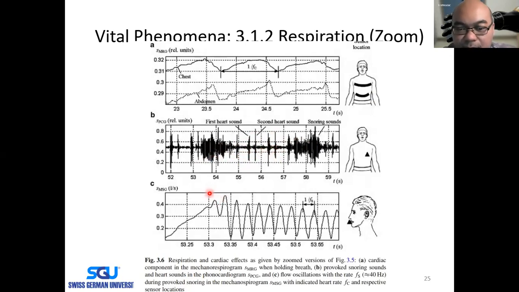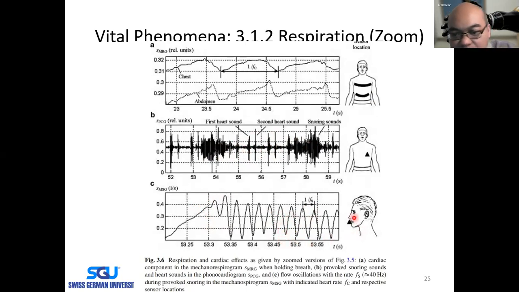And C shows the zoom-in of the flow in the mechanospirogram from the mouth airflow measurement. From here we can also have Fs, flow oscillation. We did it during the provoked snoring in the mechanospirogram, with indicated heart rate and